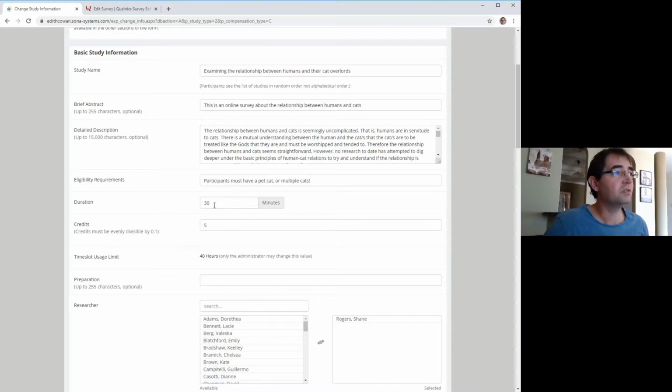Now the duration will depend on what your study is. We only want it to be in multiples of 30 minutes. So even if your study is less than 30 minutes, 30 is the minimum. And then if your study is above 30, so if it's say about 40 minutes, 45 minutes, then you would put 60 minutes. So my survey example is a pretty short one, so I'm just going to leave it